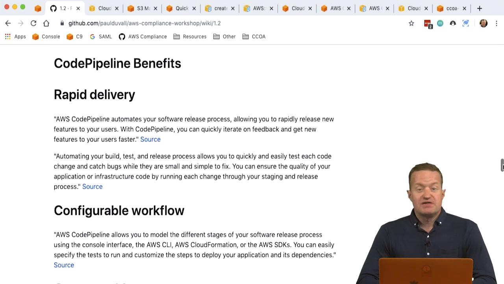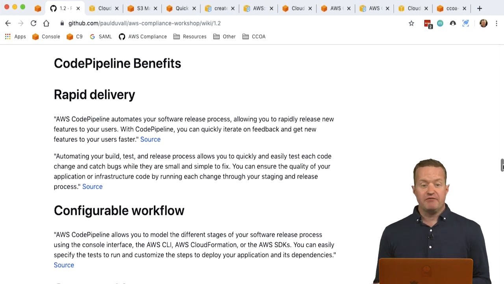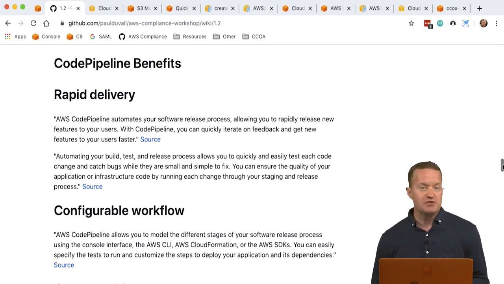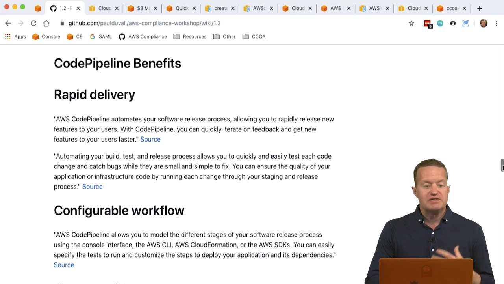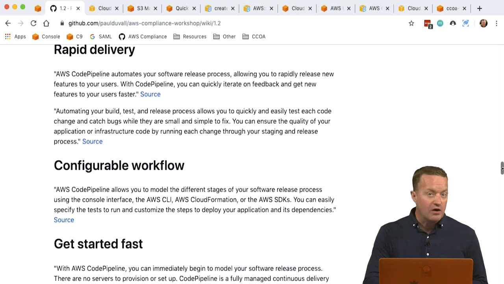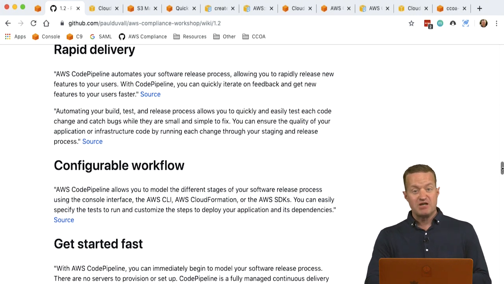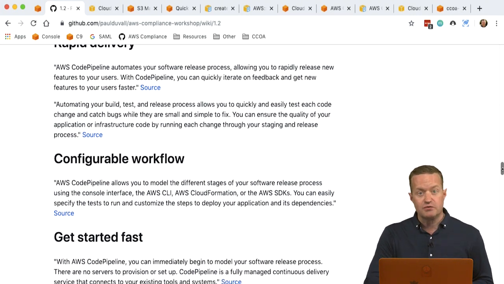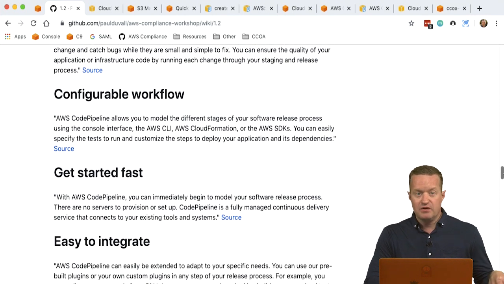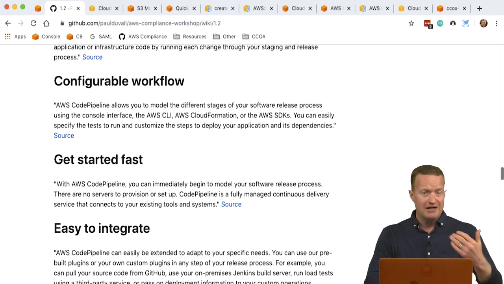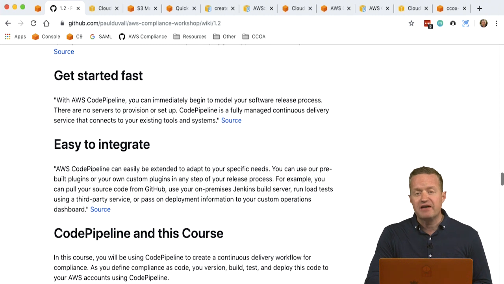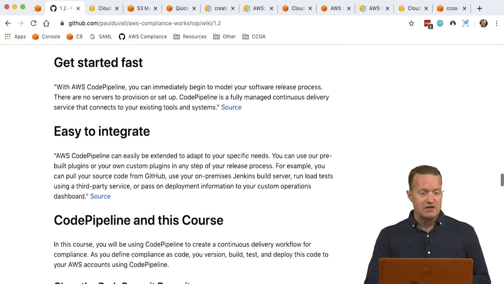stage. So some of the benefits of CodePipeline is you're able to have rapid delivery, right? You're able to automate your whole software release process. Allows you to rapidly release new features to users, and you're able to make these incremental changes. You're able to configure that workflow, so you can define whether or not you have 50 parallel actions, or how many different stages that you have, or which third-party providers that you use. You can also automate all this through CloudFormation, which you'll be seeing a lot of in this live lesson. So you can get started with AWS CodePipeline fast. You're able to integrate with third-party providers. So those are some of the key benefits that you'll see with AWS